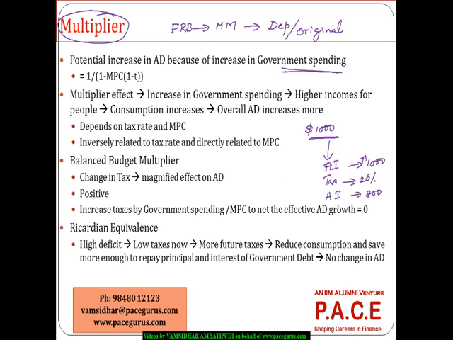Now the income has gone up. The personal disposable income is 800 for them. Now out of this, they can consume something, they can spend something. So let me assume that 75% of it is consumed. So the marginal propensity to consume is 75%, marginal propensity to save is 25%. So let's say they want to consume 75%. So their consumption is up by $600. Right? Consumption is up by 600, which means aggregate demand has actually gone up by 600 more, on top of the 1,000 as well